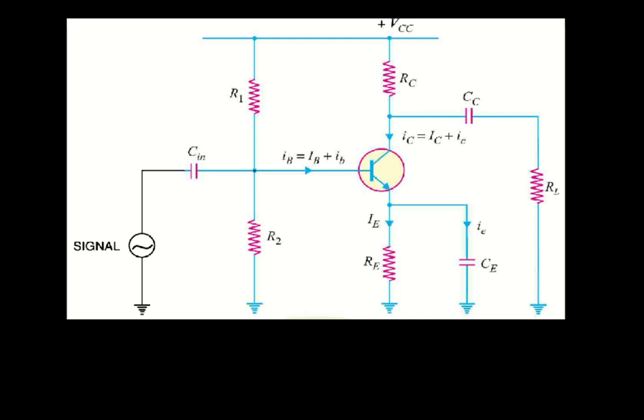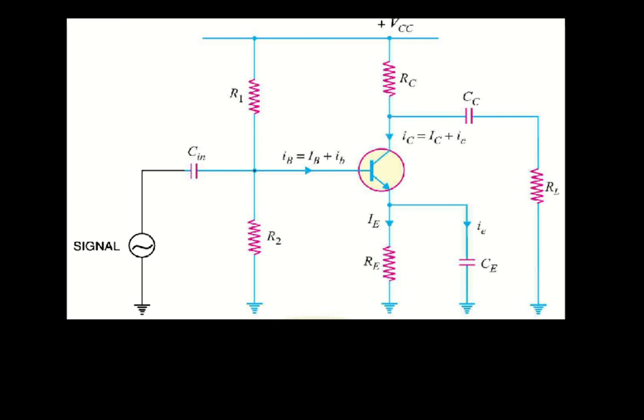In the previous classes, we had discussed the single stage transistor amplifier. Here the figure shows the common emitter single stage transistor amplifier, and here we have labeled all the currents flowing through the circuit or different paths. And we know that the current through any branch in the amplifier circuit will consist of both AC and DC.